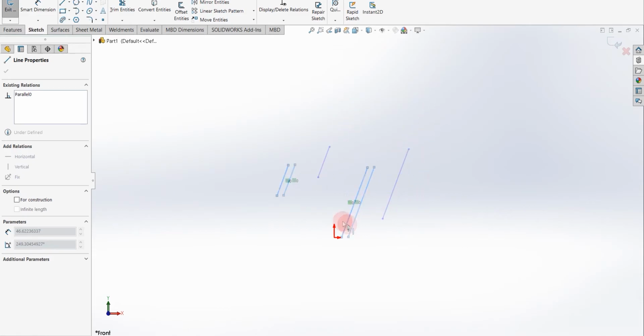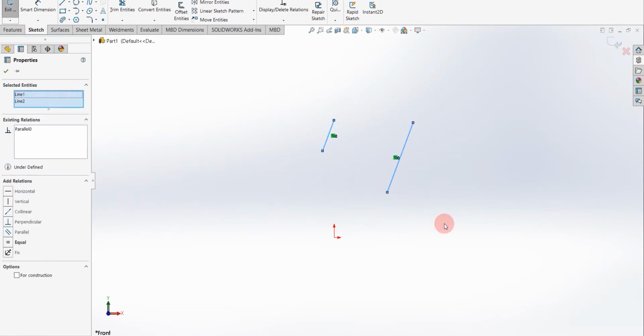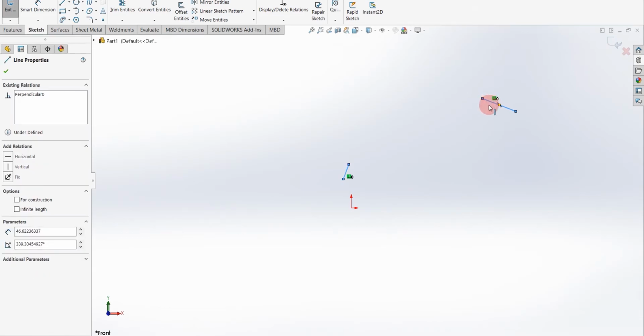When I'm moving one line, the second line is automatically moving. Again, if I select two lines and make them perpendicular, you can see both lines are perpendicular to each other. If I click one of them and try to drag it, both lines are moving and they will always remain perpendicular to each other.